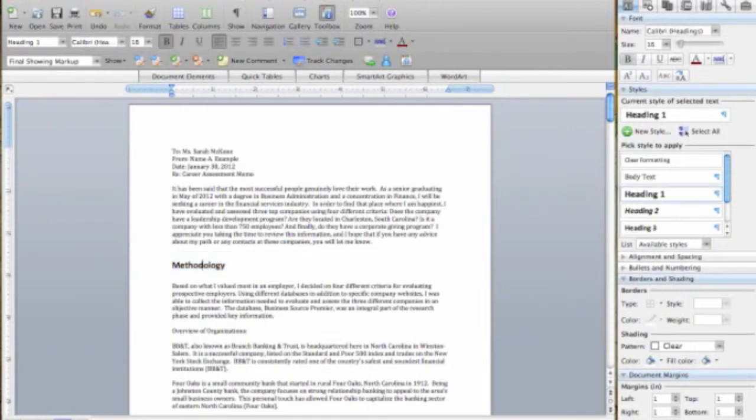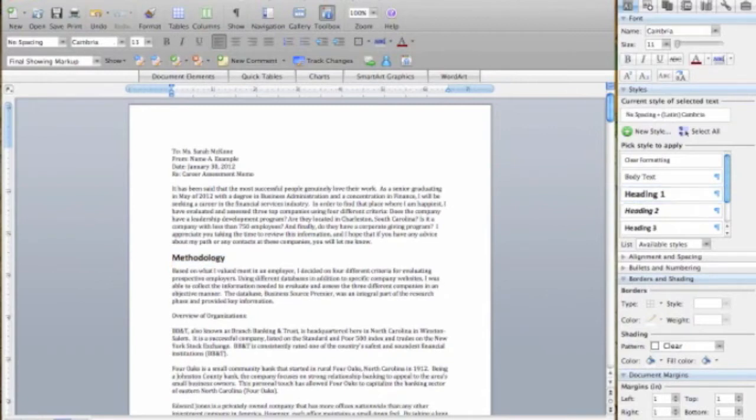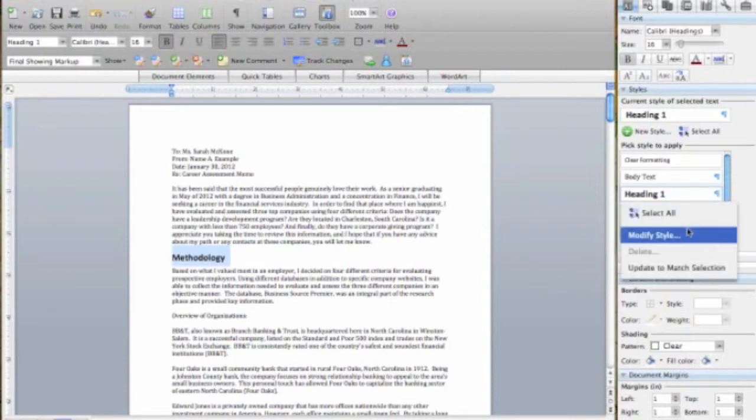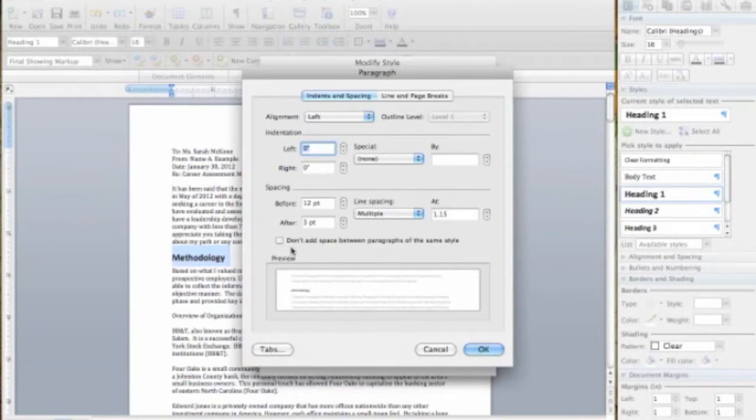Now I'm looking at this heading and I don't like exactly how it looks. First of all, there's some spacing down here. Even when I delete that, there's a lot of spacing around it. So I'm going to delete all the space around it and then highlight it. And what I can do is go over here and modify this style. Okay? So I'm going to tell Microsoft that I like the font, but I want it to be a little smaller. It's better. And then when I go to paragraph, I can say how much space I want before and